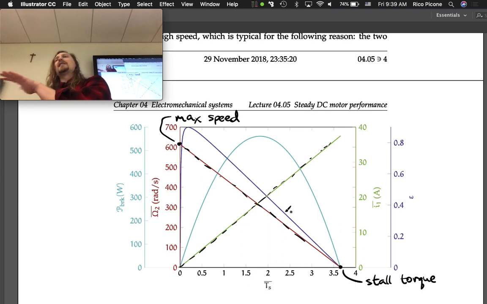Then you're going to see these things happen. So if you are applying 60 volts to the motor and you're braking at 3 Newton meters,